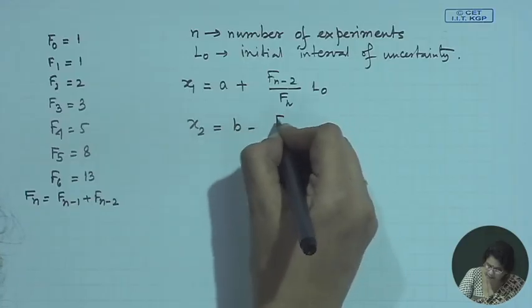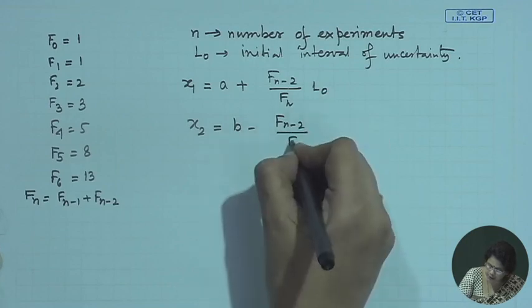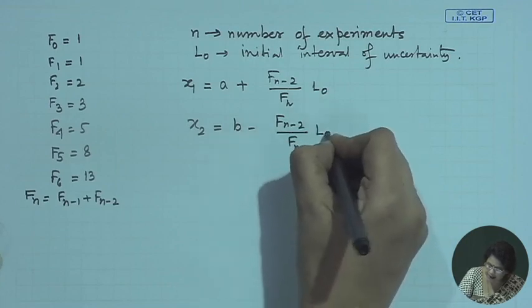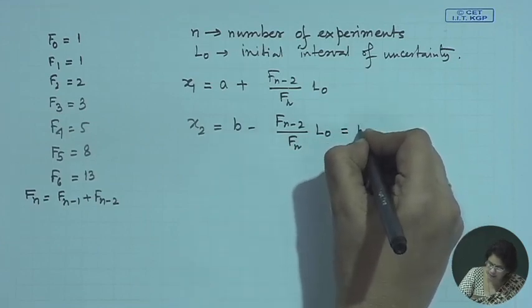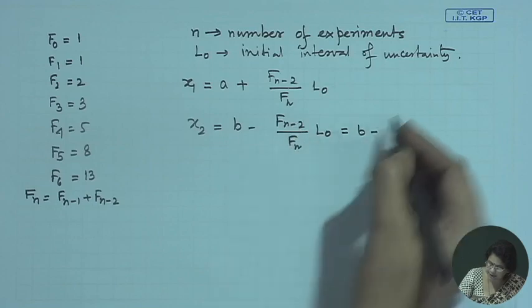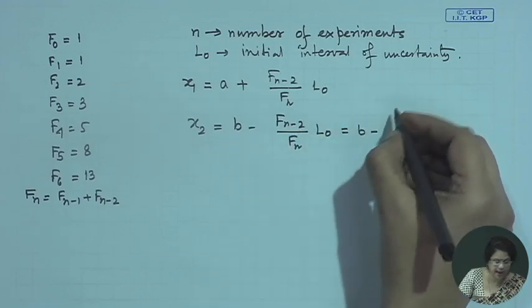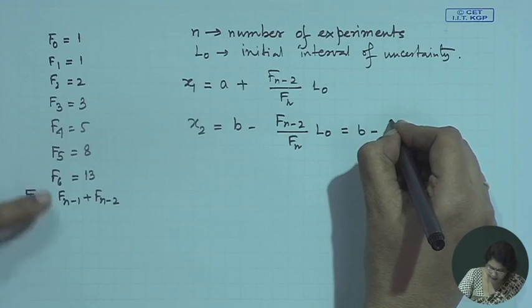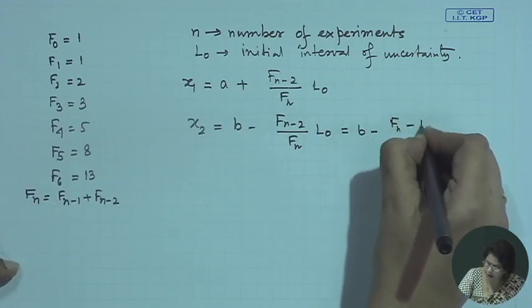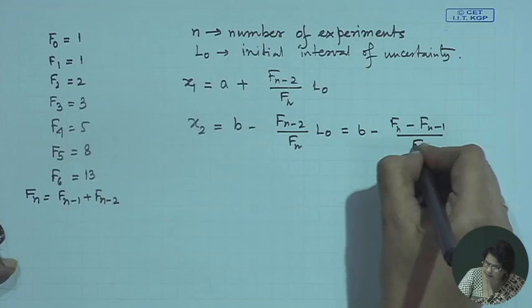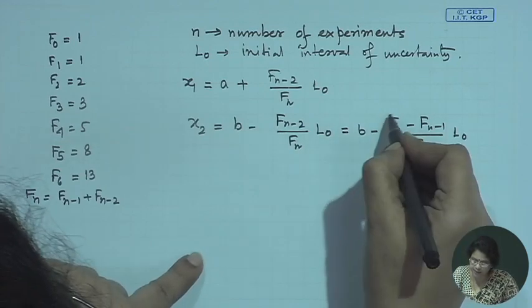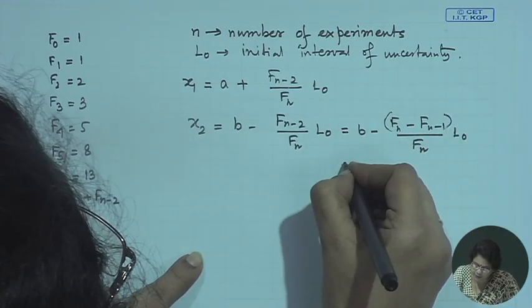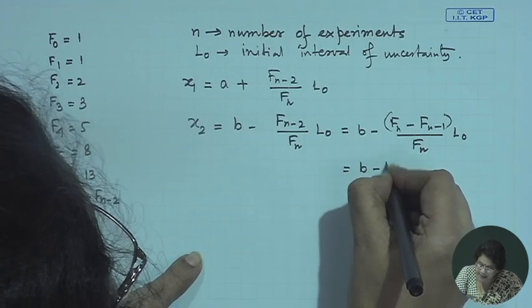That can be written in another way. Just you see, b minus Fn minus 2 by Fn L naught can be written as, just from here, Fn minus Fn minus 1 divided by Fn L naught, because we know that Fn is equal to Fn minus 1 plus Fn minus 2. I am just substituting this value. That is why from here we are getting b minus L naught,